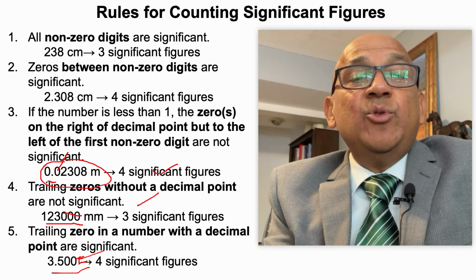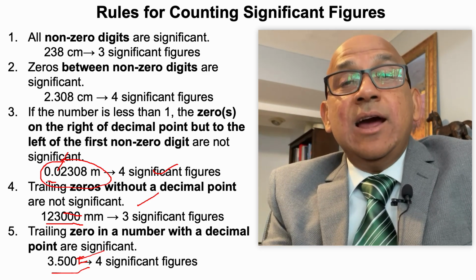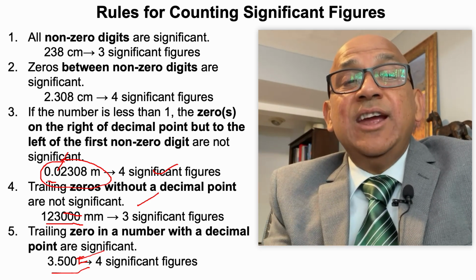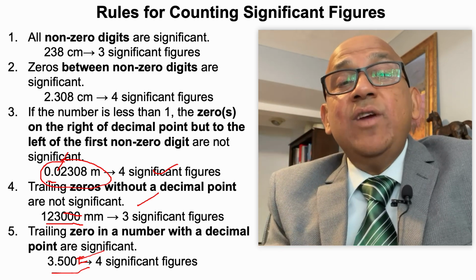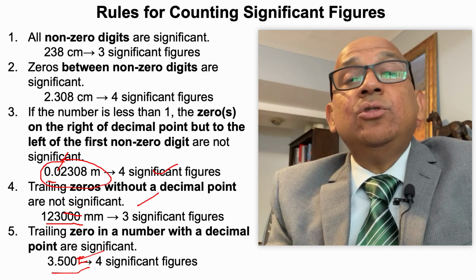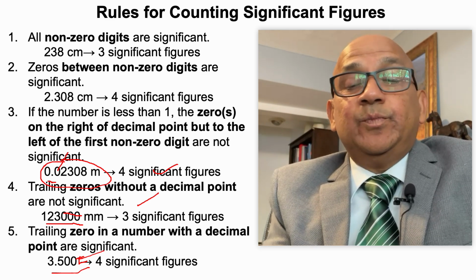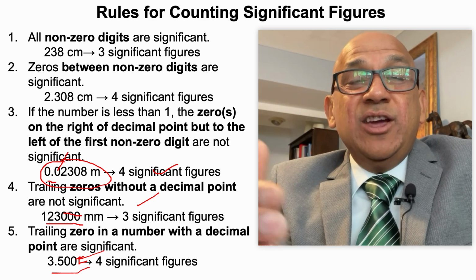For any reason, suppose you want to put some more zeros after that, that is not allowed. You cannot put any more zeros after that, because when you write these numbers in a certain way, that represents how accurate, how precise your measurement is. So it is very important to be very careful